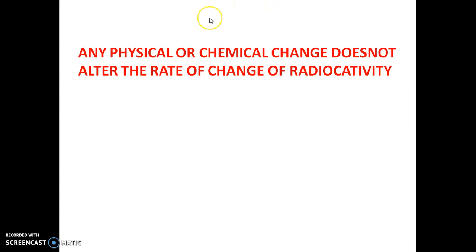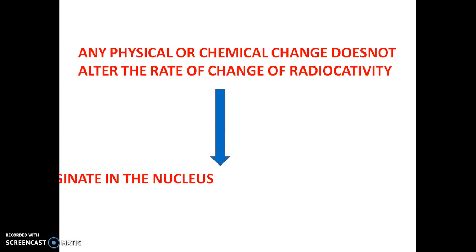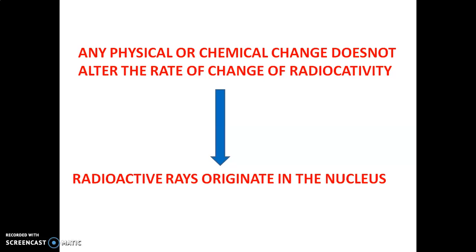Now when I talk about X-ray, X-ray is also a kind of radiation, but the difference between X-ray and radioactivity is that in X-ray the intensity and the rate can be changed by applying different voltage or changing certain parameters. But in case of radioactivity, nothing could change the rate, which implied that radioactive rays